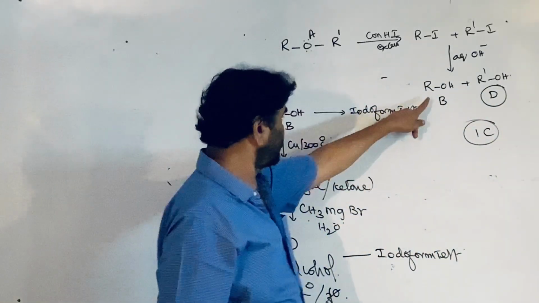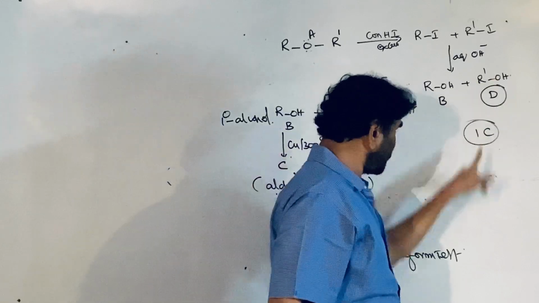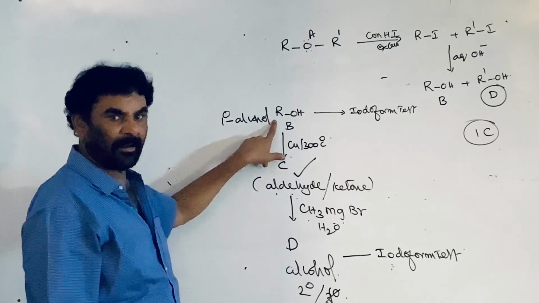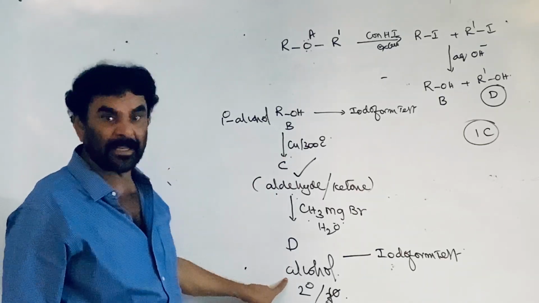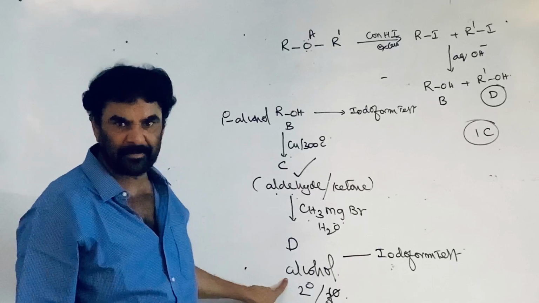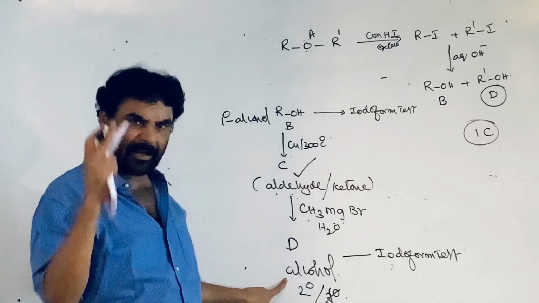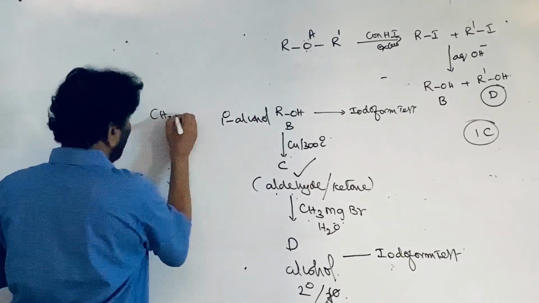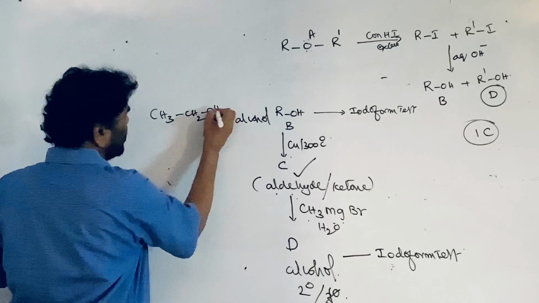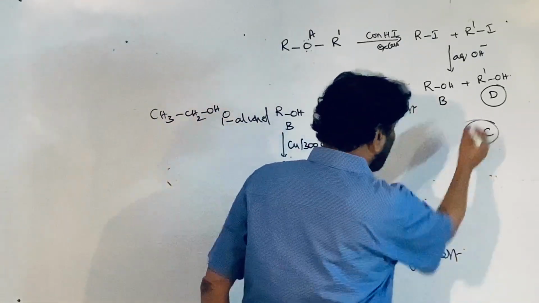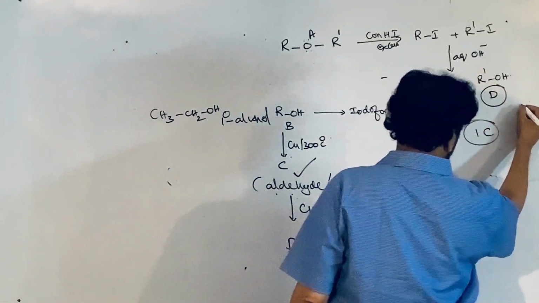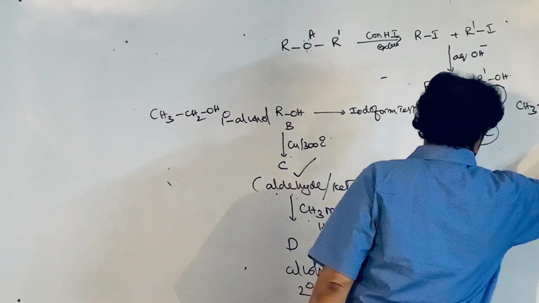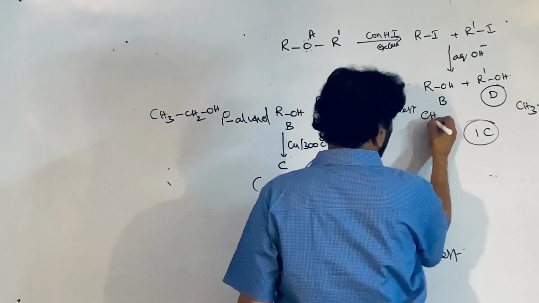One carbon atom. This is giving the iodoform test. This is also giving the iodoform test. Both are. This is the primary alcohol. Primary alcohol giving the iodoform test is only ethyl alcohol, remember. Among the primary alcohols, only ethyl alcohol. Therefore, this should be ethyl alcohol. This is the secondary alcohol. Secondary alcohol with one carbon atom more. Therefore, 3 carbon atoms should be there. It should be isopropyl alcohol. This is ethyl alcohol.